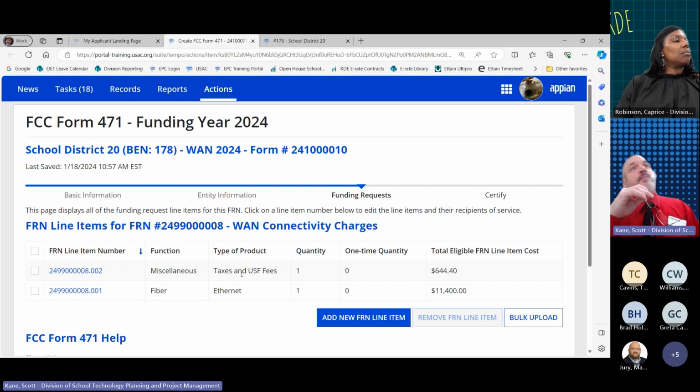It's just based on how they bill it. If you take a look at one of your older bills, just make sure that you can see how they bill it out. You can estimate your taxes and fees based upon last year's. They might change a little bit. Oftentimes they do, especially because the USF fee changes on a quarterly basis. So, you can build in a little bit of a fudge factor even on that.